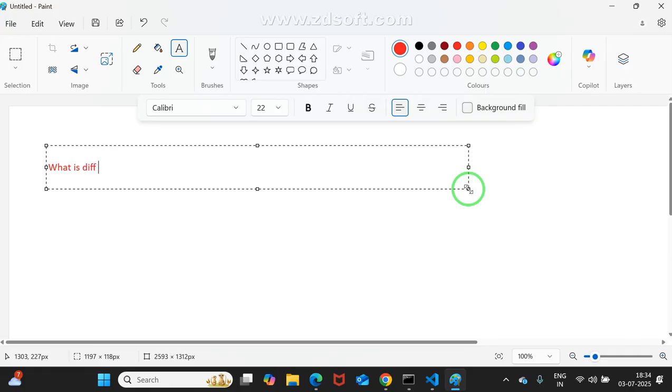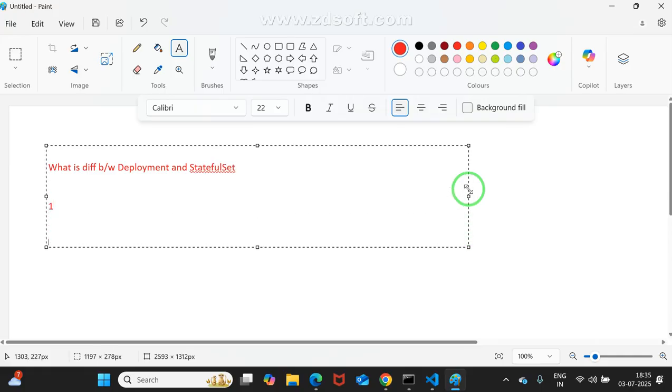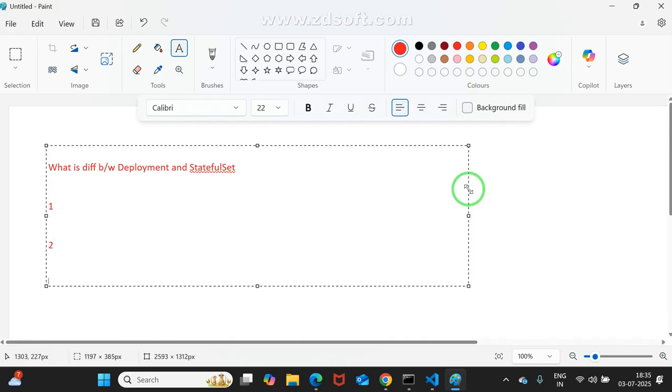What is the difference between deployment and stateful set? Anyone can try. I'm expecting at least 3 points. There actually I explained nearly more than 5 points, but I'm expecting from you at least 3 points.